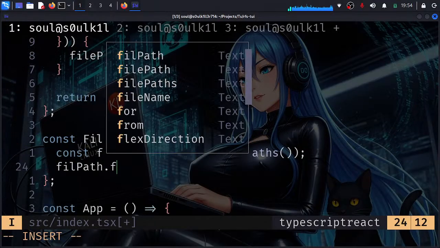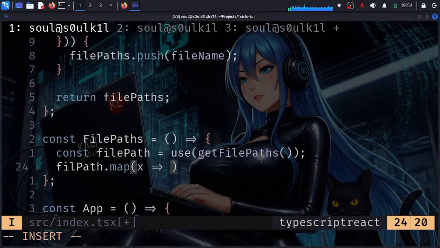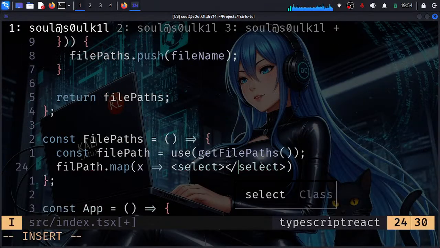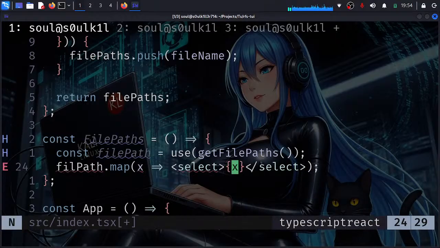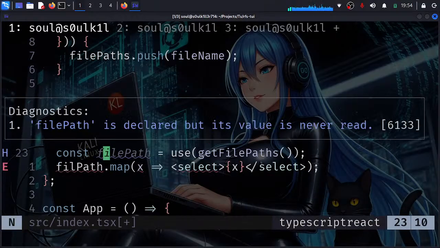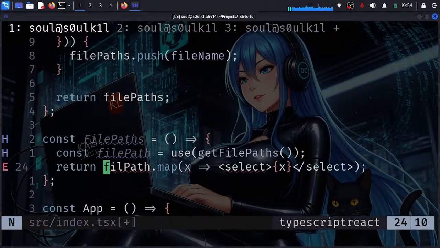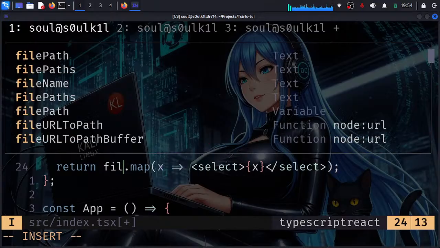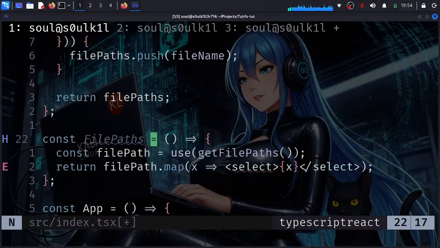File path dot map, select x, return file path. Alright,